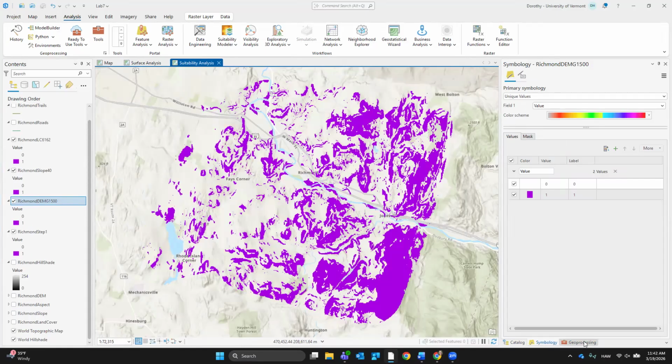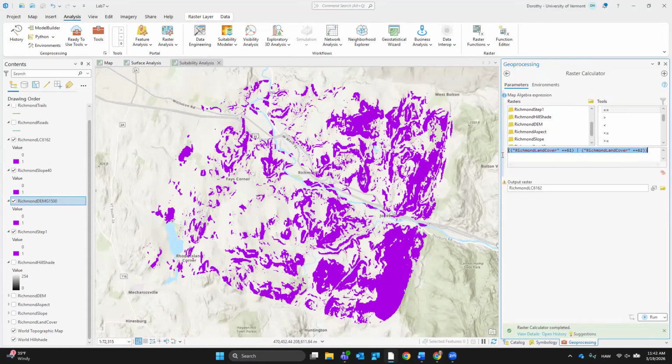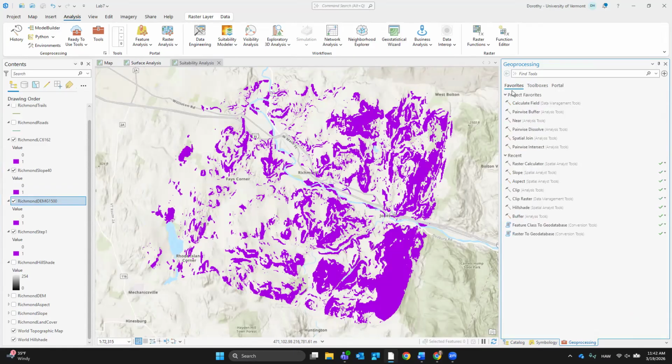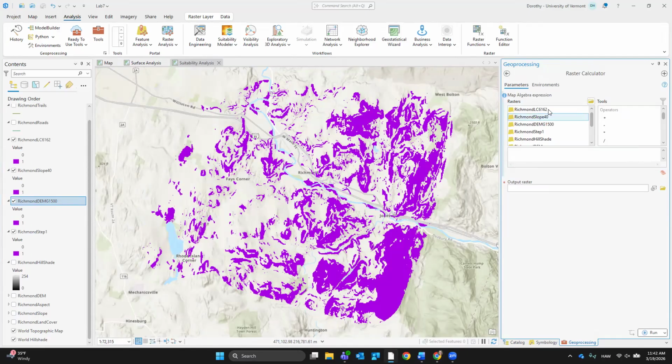I'm going to go back to the raster calculator. And it was the little star thing that mixes them all together. So now I'm going to put these weird names in, right? Oops, I'm going to have to close the raster calculator and open it back up. Oh, now it has my fun stuff in here. So this funky one with the star, and then Richmond slope 40, and then a star, and then Richmond DEM 1500. Okay. And then I'm going to call this so that I have the right name, Richmond step 2. Is that right?